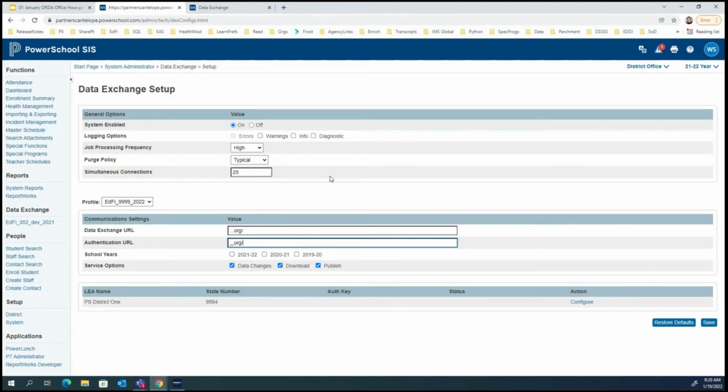And Wendy, those URLs, are they unique for each district? They are, yes. That's one of the reasons why I didn't want to put one here, in case somebody was taking really excellent notes and ended up having one that wasn't correct for their district. Very good question. And those unique URLs will come with the keys and secrets and the credentials. That's right, they will.